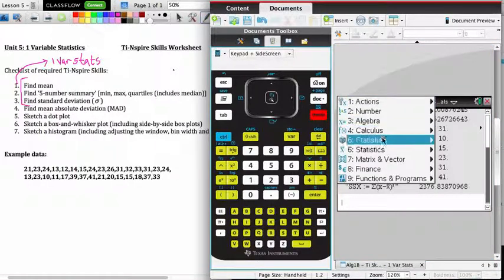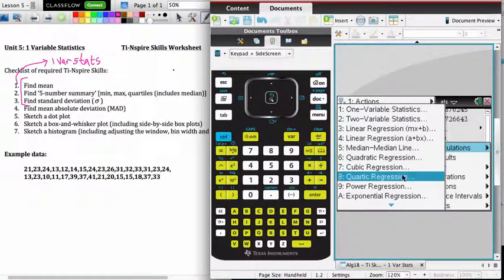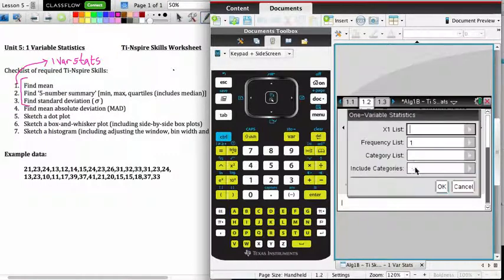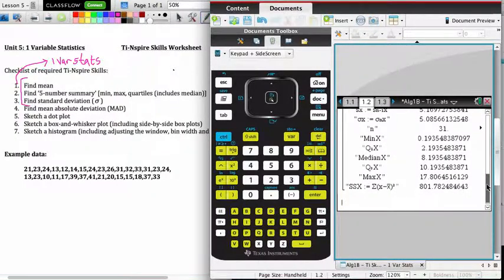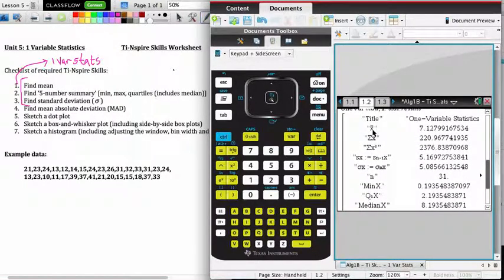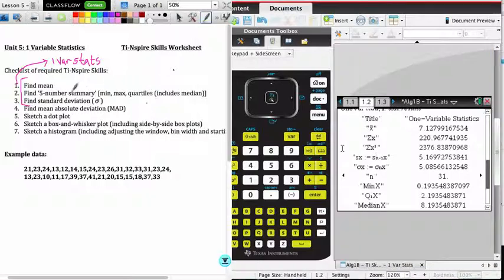I'm going to go menu, statistics, stat calculations, one variable statistics, one list, and this time the list that I'm interested in is the MAD, and the value that I'm after is the average value, so I want x bar. My average value for MAD, 7.127, is going to be the mean absolute deviation for my example data. Okay, so we've taken care of the first four,